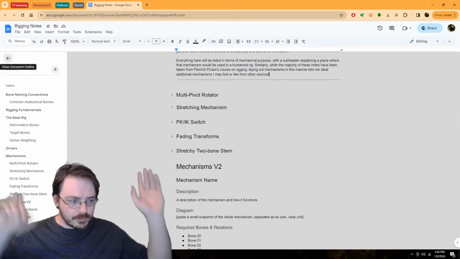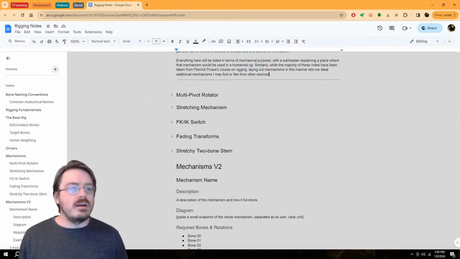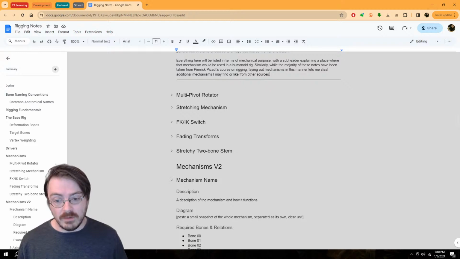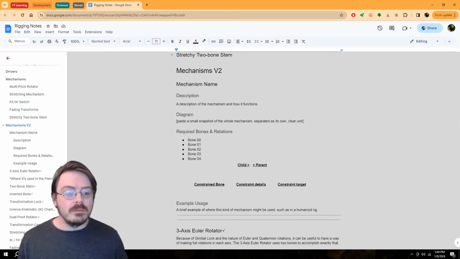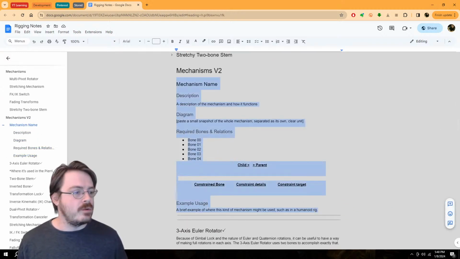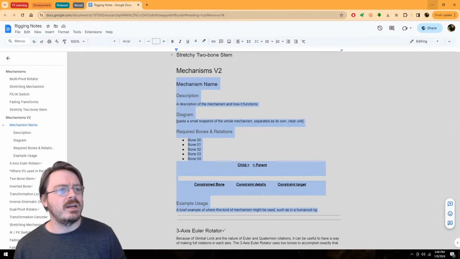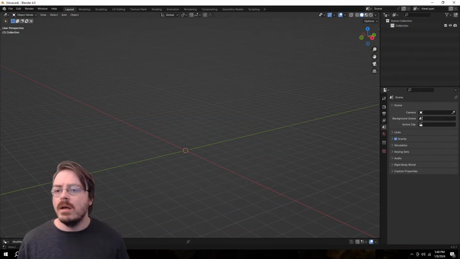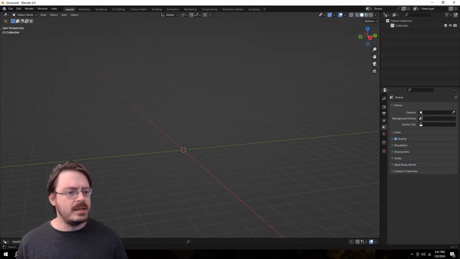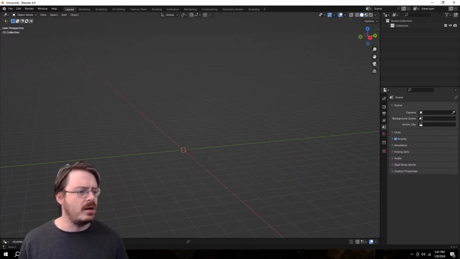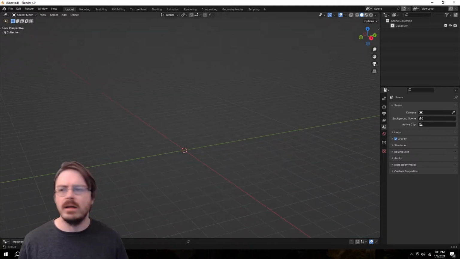So let's start talking a little bit about rigging in Blender, and then how that applies to these notes and what exactly I'm going to be taking for notes. Here I've made a little layout, or actually, let me backtrack just a moment for you. The way rigging works is it's primarily broken down into, I shouldn't have closed that one file I had.